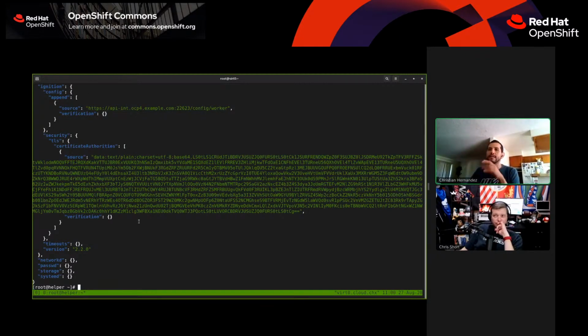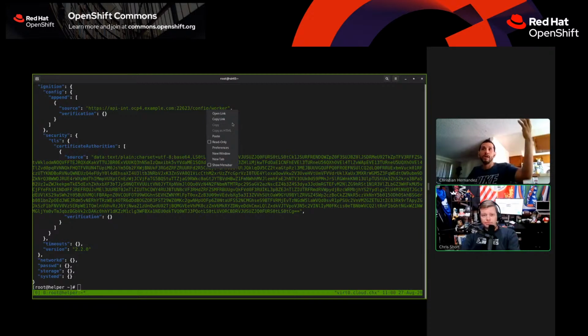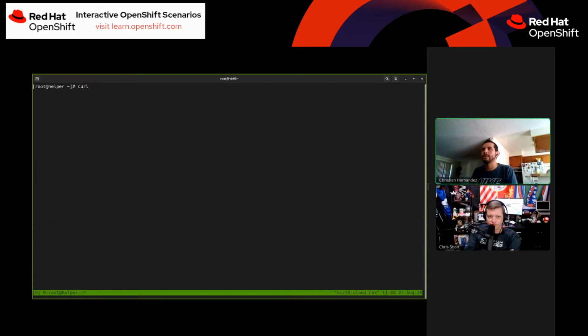It's actually very easy. This is a small ignition file. It basically puts the cert and gives the connection to the machine config API, which is what this port is here. It's just saying source this, meaning pull this in and then apply this, right? And if I do a copy link and curl this,